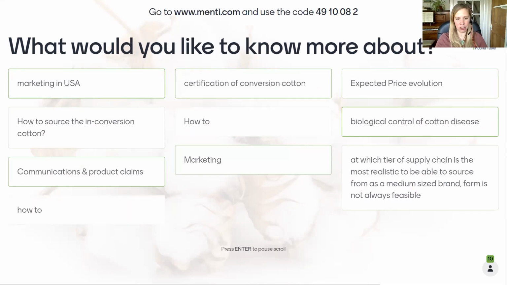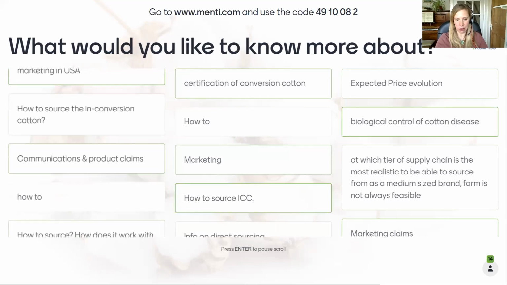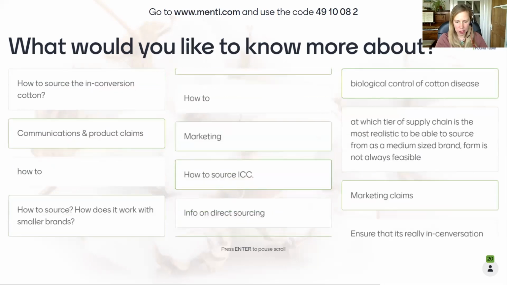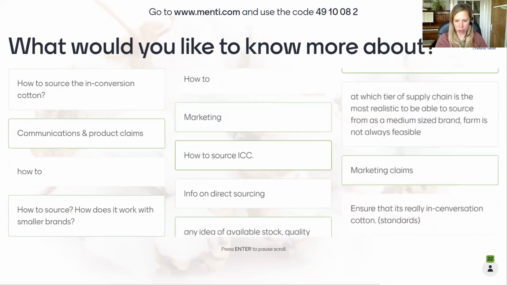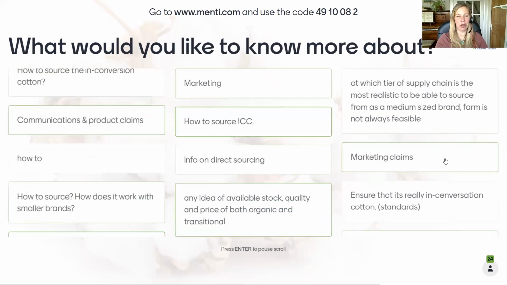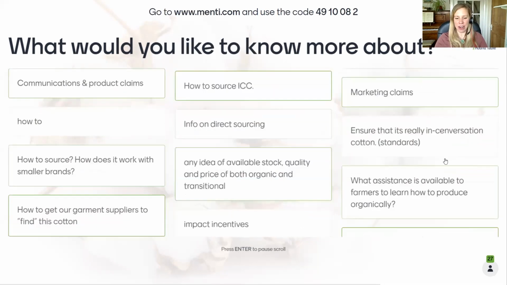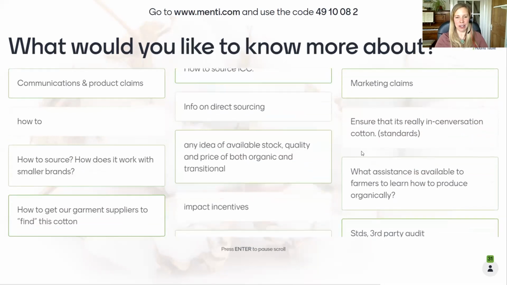Some about communication and marketing, some about certification and sourcing, and then also some questions about more practical things relating to how you actually carry out the farming practices. So we'll have a good look through those and respond accordingly. And then we have one last Mentimeter,